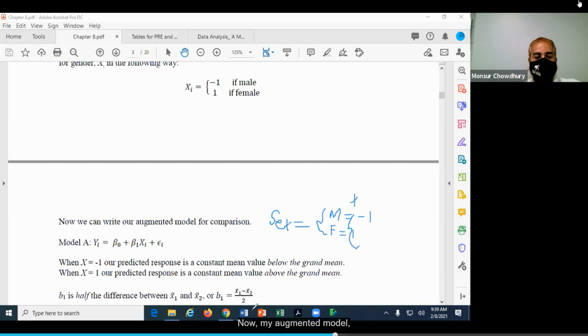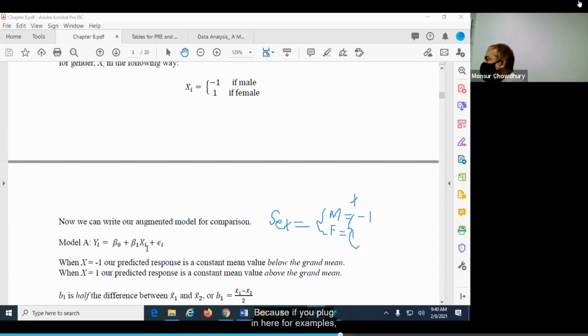Now, my augmented model, I am saying here, this x is actually -1 and 1. So this is my augmented model where beta 0 plus beta 1 x, where x has 2 values, -1 and 1. If we plug in -1 here, what's going to happen? Our predicted response will be less than a constant mean.